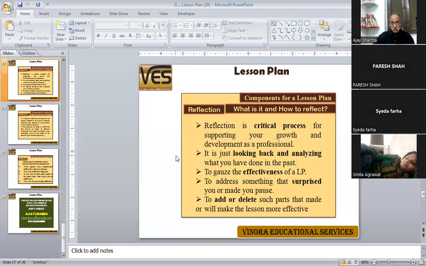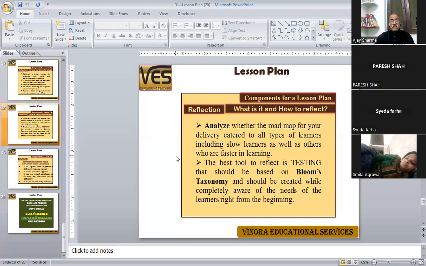That is the major part of this. The last one is reflection. Reflect means analyze. Go back and see what exactly was to be deleted or what should be added to make it more effective. So that way you have to analyze, and you cater to all type of learners, including